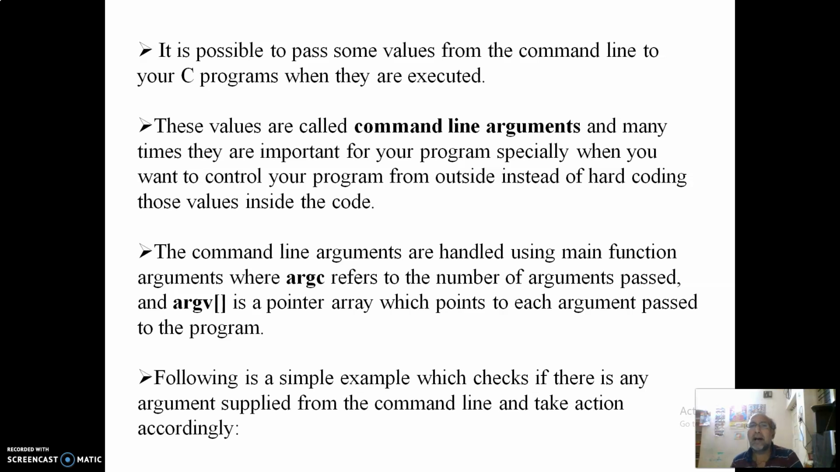It is possible to pass some values from the command line to your C program when they are executed. These values are called command line arguments, and many times they are important for your program, specifically when you want to control your program from outside instead of hard coding those values inside the code. The command line arguments are handled using main function arguments,